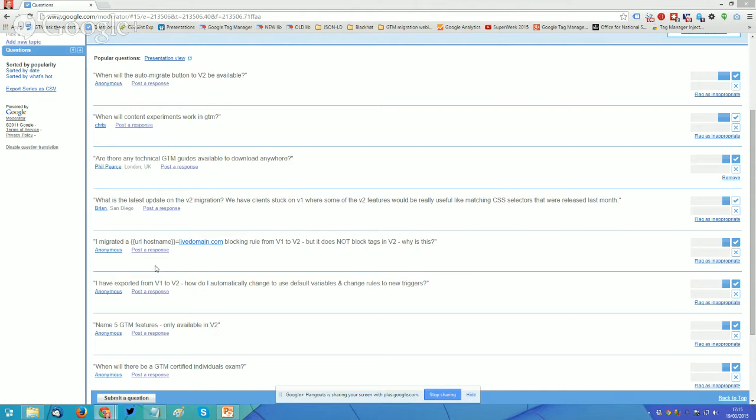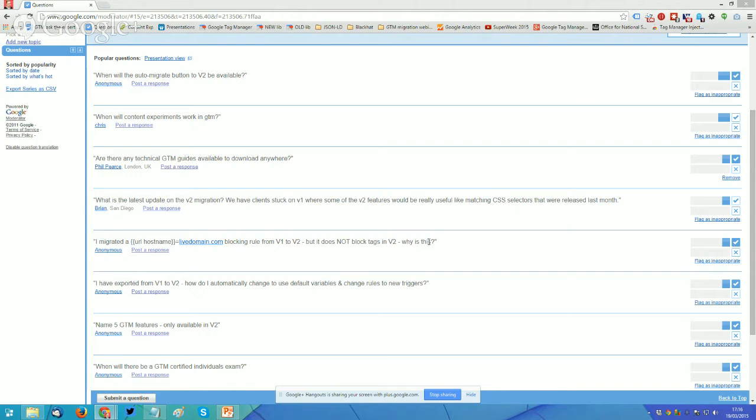works for both GTM.JavaScript at the start of the page, GTM.DOM and GTM.window loaded. But for V2, if you add an all page view rule as a blocking rule, that only stops the tag loading on GTM.DOM, not GTM.JavaScript, as in GTM start. So you have to actually change the way that you build blocking rules within V2 if you're using this particular method, and it's much better to actually use an event of anything and then add the URL hostname or page hostname rule.